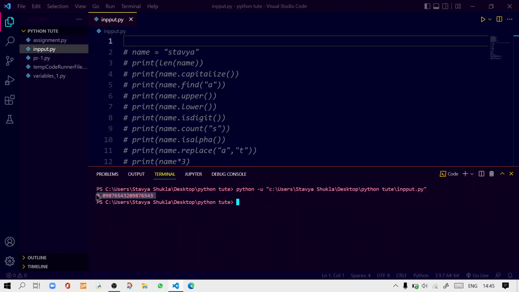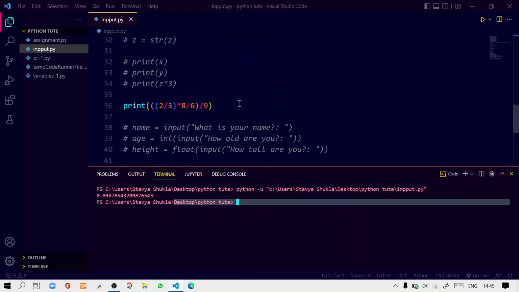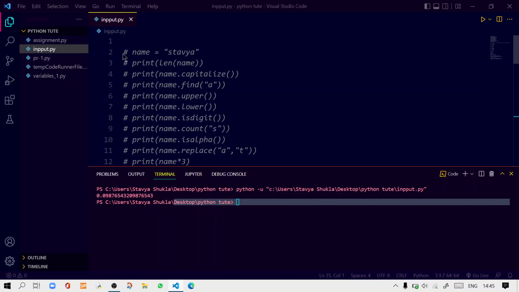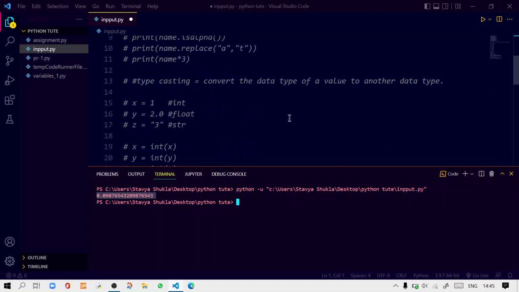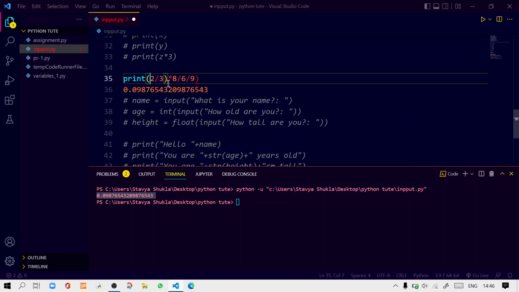See here the answer. You can see the answer. This is the answer of our calculation. Okay, so it is just giving us the answer. Now see, this is the answer, this is the previous answer. Let me copy it and paste it here, and now if I remove all these brackets, then see what will happen. If I run this,